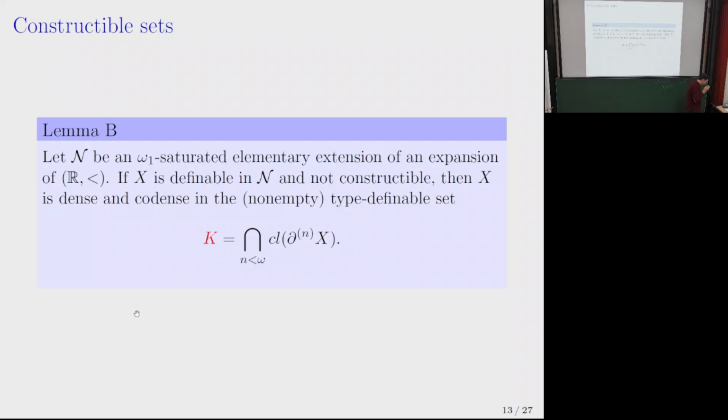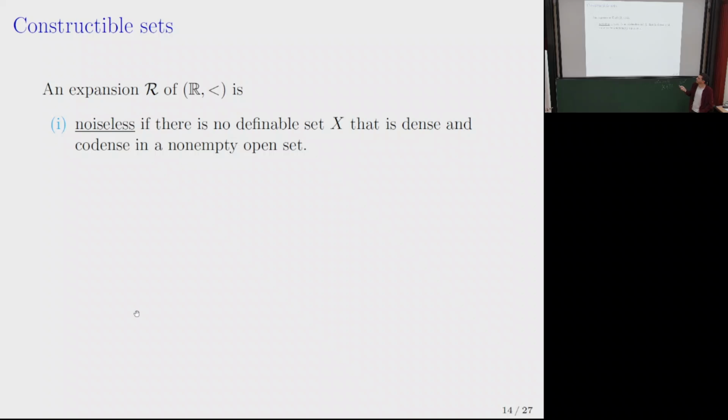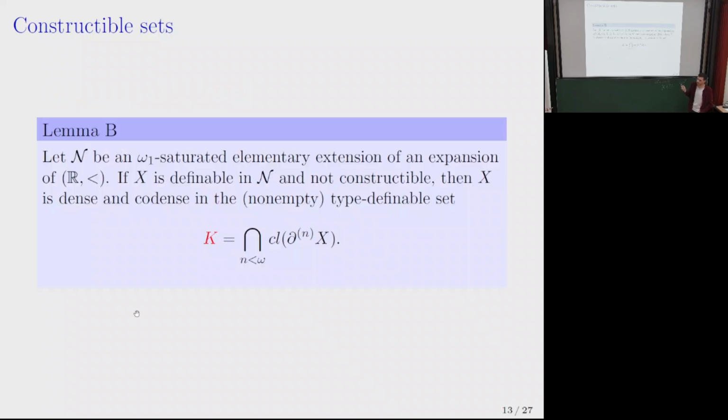And this really is, I think, very insightful. One of the reasons is that this notion of defining something that is dense and codense in something else is so central in Miller's program. So let me give you a few definitions here. So when you say X is dense, you mean that X intersect K is dense? Yeah. Codense. Okay.